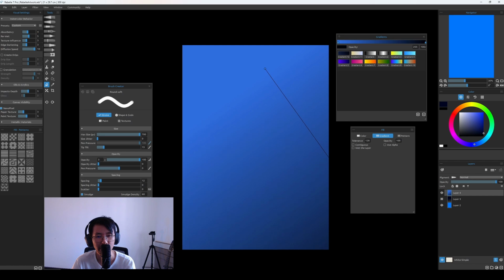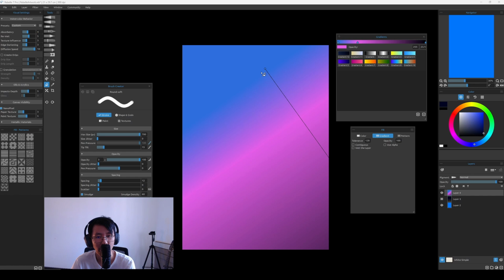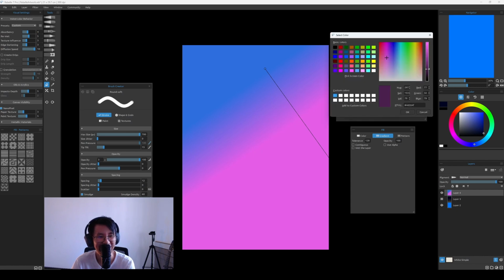So you can, instead of using only 2 colors, add more dots here. So you click in the slider here and you can add more colors. Let's say I want here a pink. So I choose a pink here. Look at this, we have a nice gradient here. We can bring back this black color here. So as you can see in the screen,